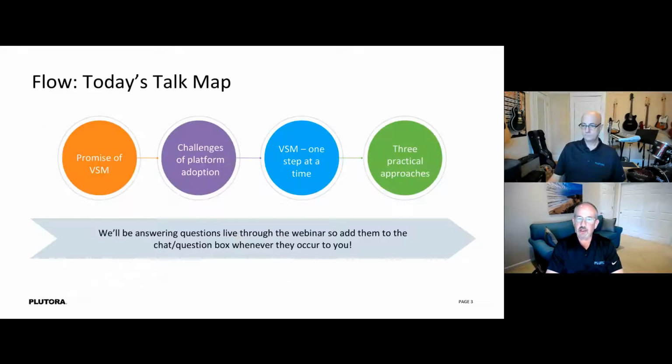So let's talk a little bit about our flow. We're gonna touch on the promise of VSM. I think it's important to not lose sight of the fact that value stream management is a real thing, that it has real promise to enterprises. We speak to global 2000s, and the process of developing software is daunting. The process of developing software in an organization where applications have been developed for decades, but now moving at high